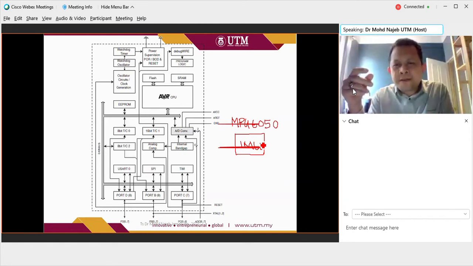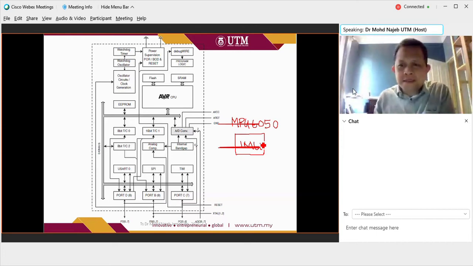So this IC, the MPU 6050, will output digital data. Therefore, to get the data from the IMU into your microcontroller or microprocessor,